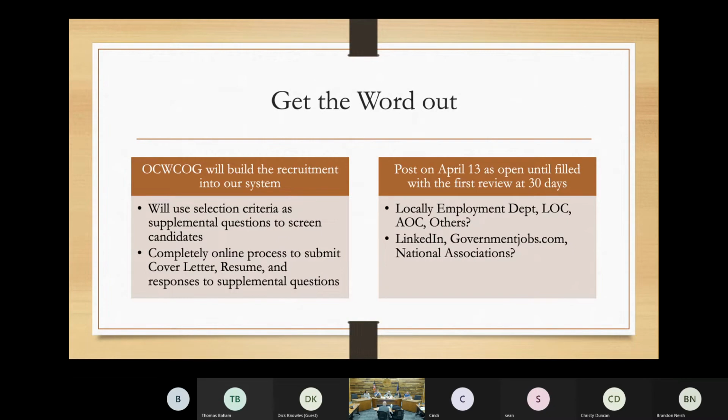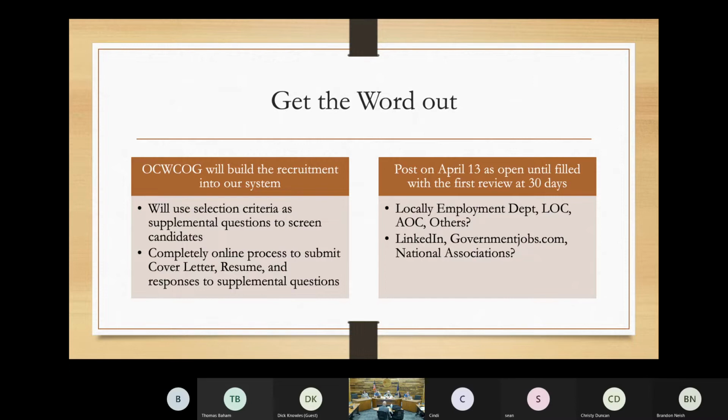Excellent. So once we do finalize and approve that brochure, then at the COG, we'll go ahead and take that and post it using our internal system. SUDI HR is our HRIS that we can generate recruitments through.